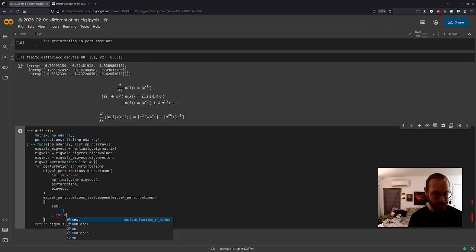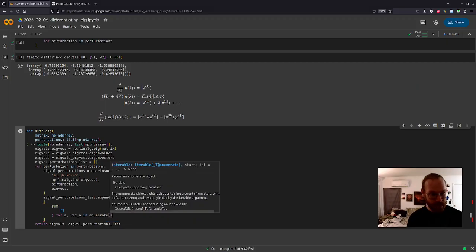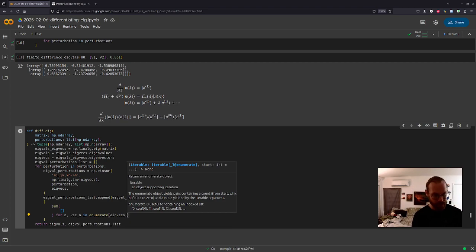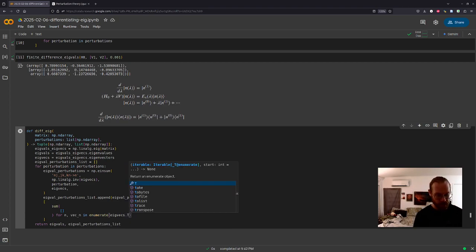Maybe that's what we'll do, for n, vec n in enumerate. We want to enumerate the eigenvectors. But we have to be careful because the eigenvectors are all column vectors, and NumPy will want to enumerate over the rows first, and we want to enumerate over the columns. So we have to transpose this thing.